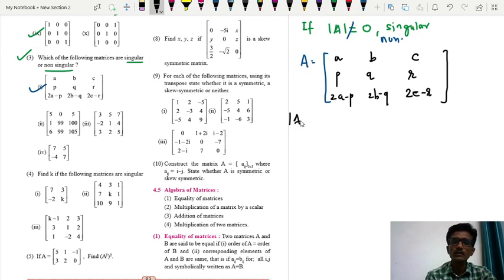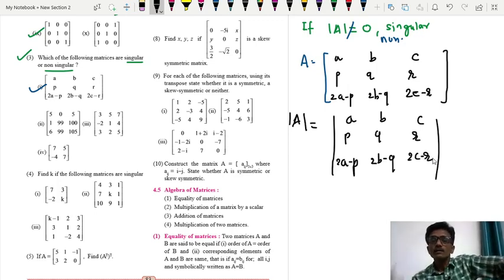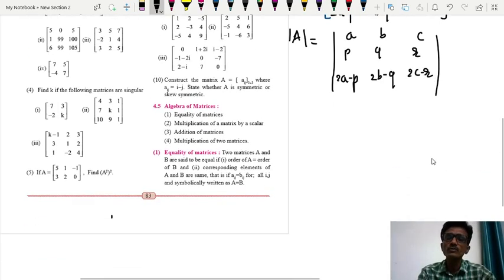What will be the determinant of this matrix? It will be the determinant of the matrix with rows A, B, C; P, Q, R; then 2A minus P, 2B minus Q, 2C minus R. Now, without expanding the determinant, we can apply a property here. So if we add